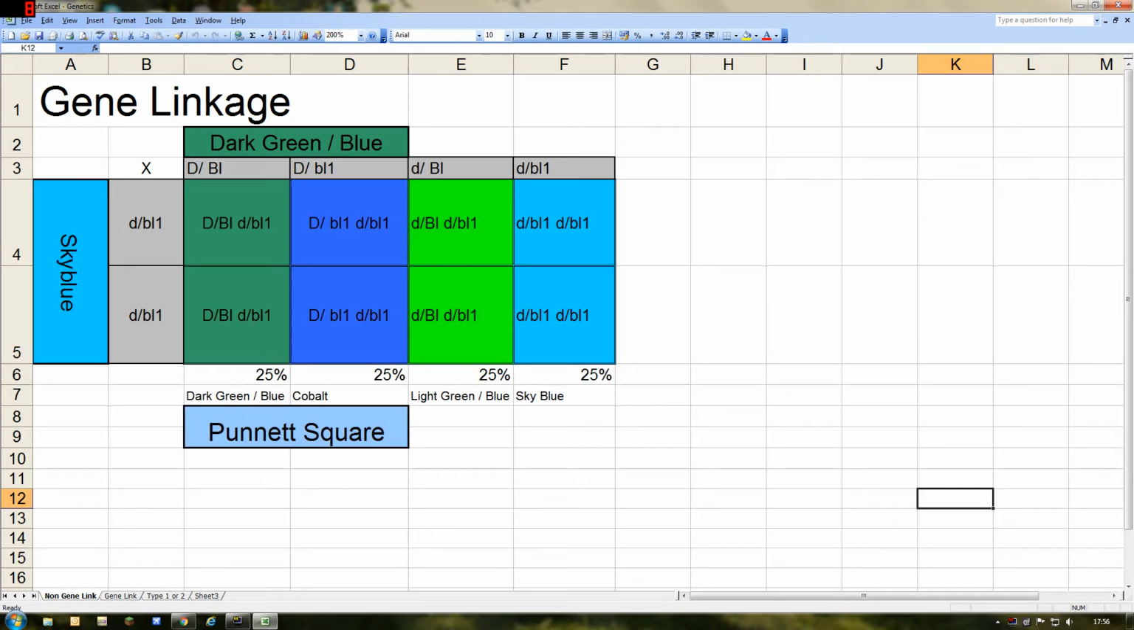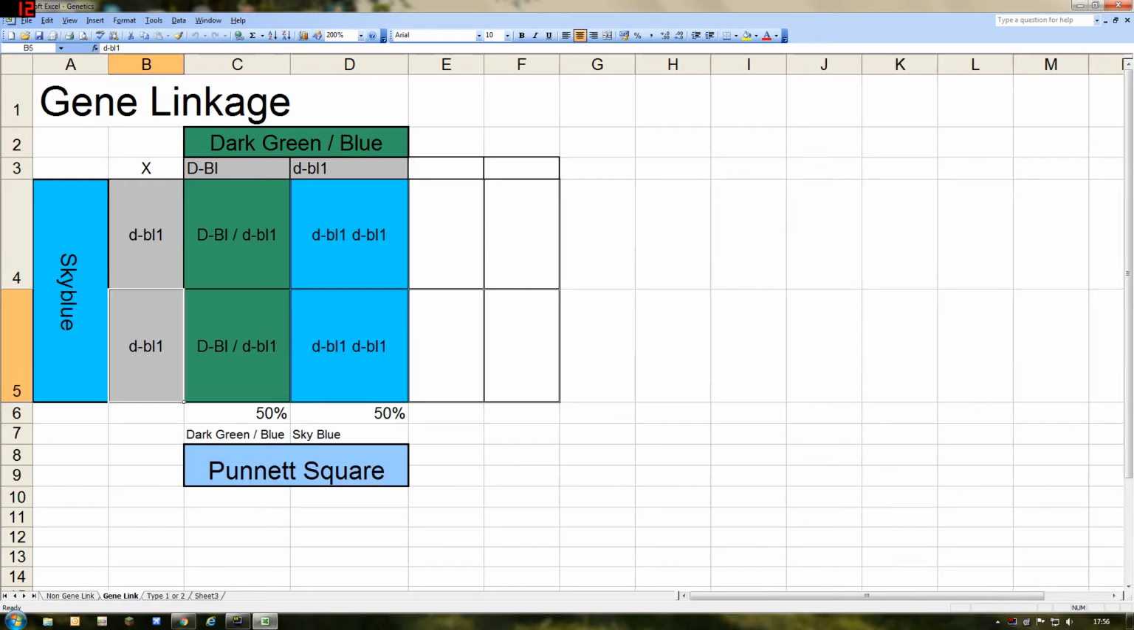So the one back here that we just saw, where we expected 25% of each of those colours, what we actually end up with, because of the way the genes are on the same chromosome, is 50% dark green split blue and 50% sky blue. So there'll be no dark factor blues. So in this case here, you'll notice that in terms of our dark green split blue bird, we've said that the dark factor gene linkage is on the green, the chromosome that contains the non-mutated green